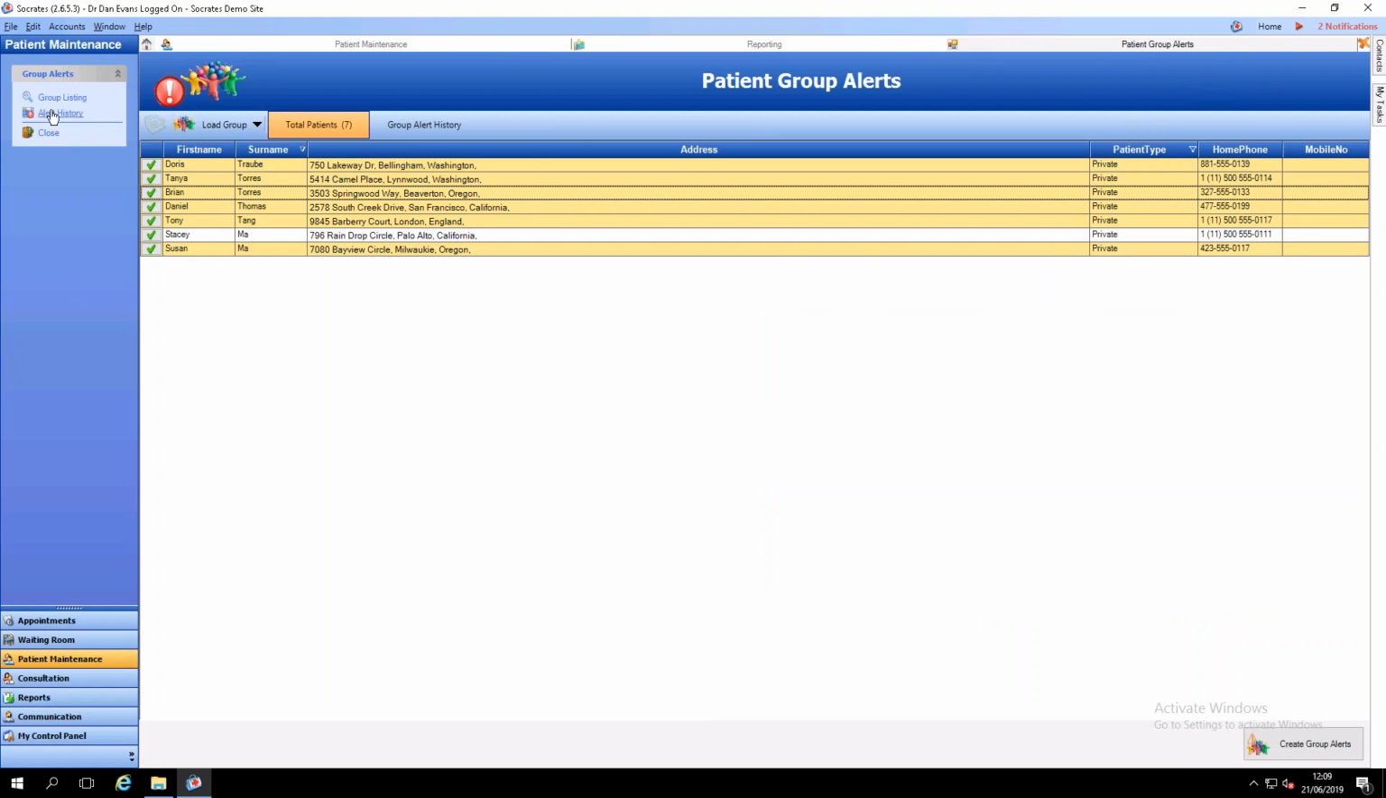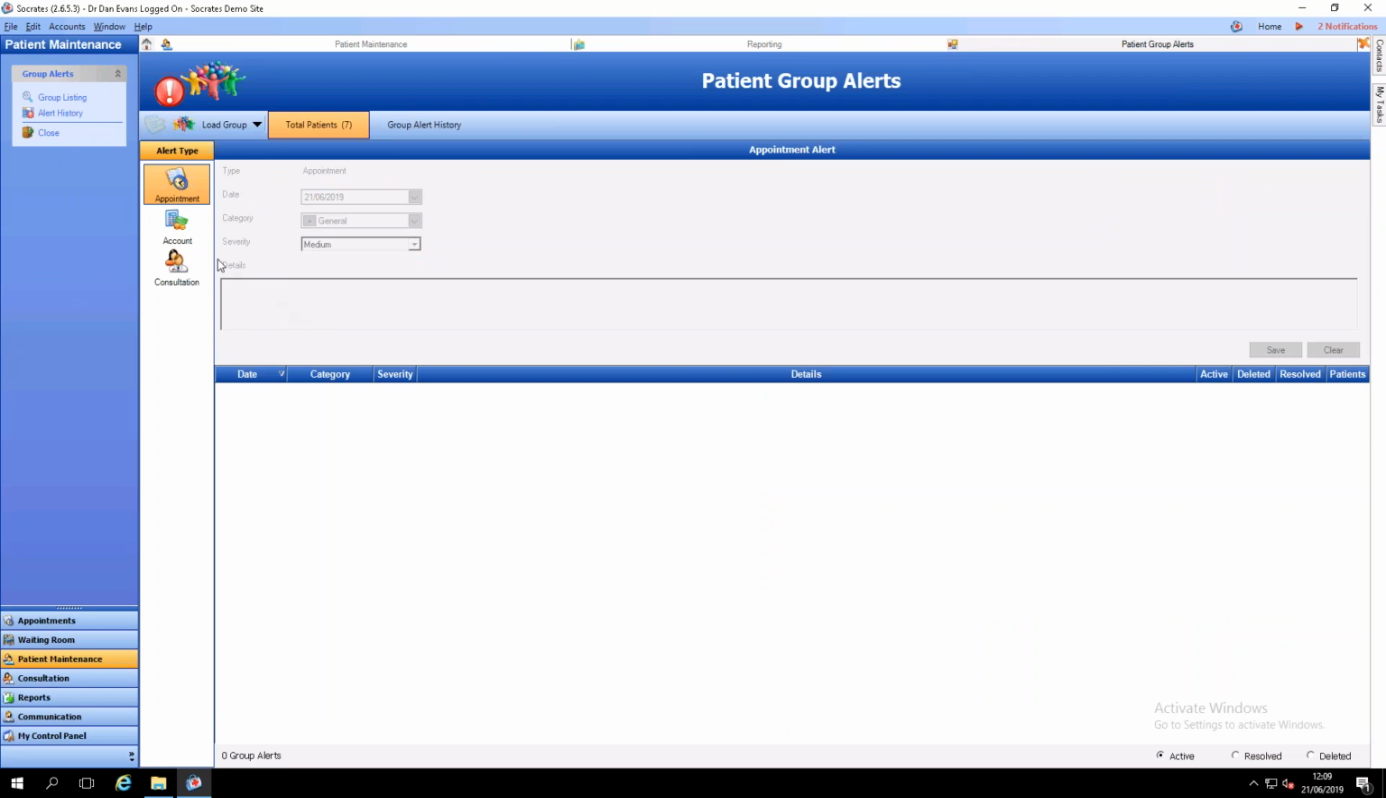I'm actually on it already. You've got alert history. And in here you've got appointments, there's no alerts in here, accounts, there's none in here, we've put them in under consultation. So in here you've got date, category, etc. And then over here on the right hand side, Ethan's 7 charts,